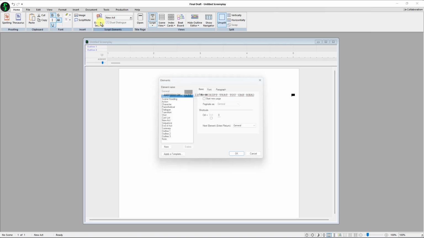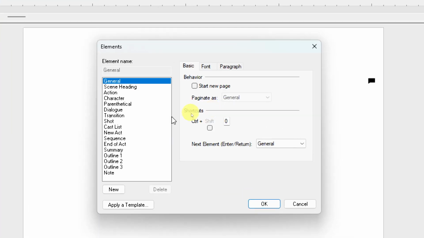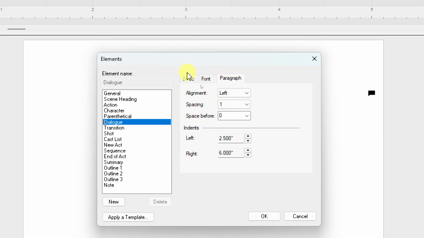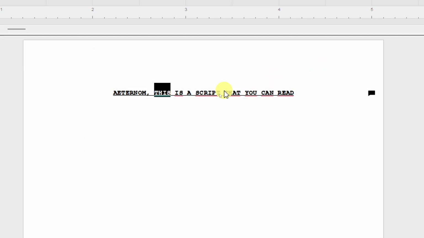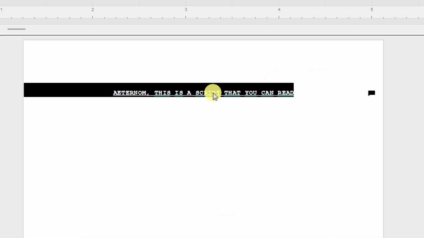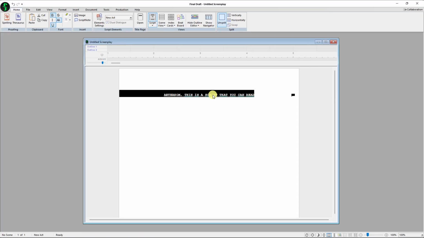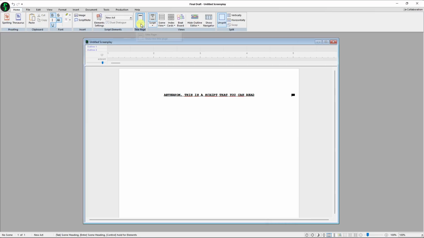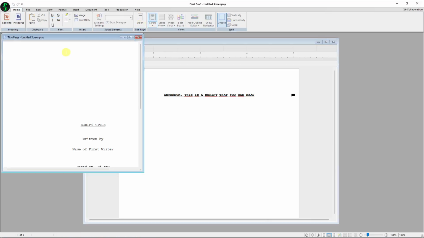And then you have element settings here. This is, for example, the action, the character, the dialogue. These are the elements that we actually have. And this is something that, again, when we right click, you can apply a template, or you can create a new one. And alignment, so this is where you can have elements that you create for yourself. I hope it makes sense, when we right click and went here and changed the element to something. Then we also have the show title page,